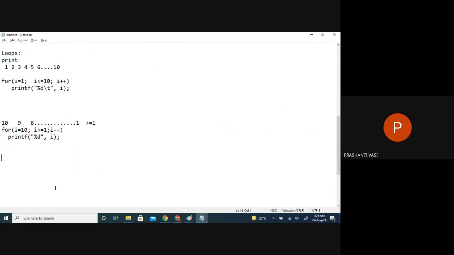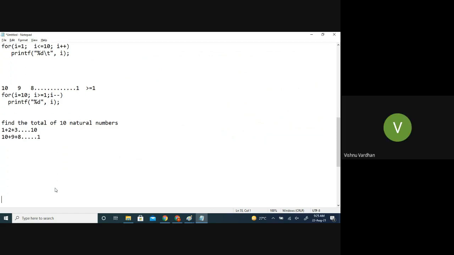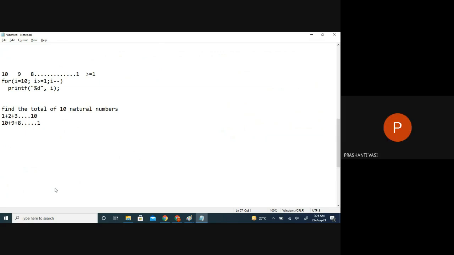Now, if I have to find the total of the first 10 natural numbers, what is a better way to do that? Should I do it like this, or should I do it in reverse order? Which is better? Reverse order. Okay. In reverse order, what should I take if I do the reverse order sum? We should initialize sum to 0. Okay. And then you have to add every number. So the for loop will start from,